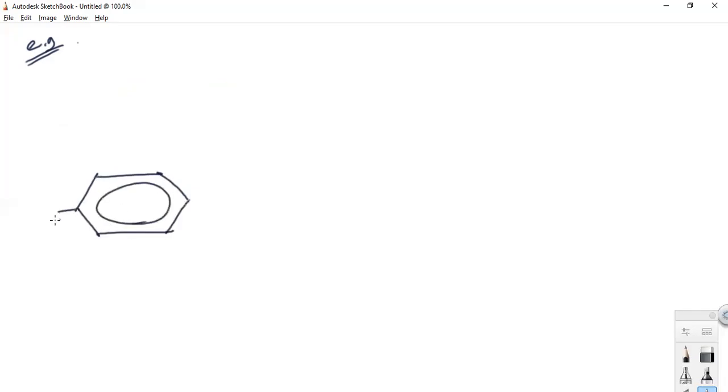Initially we have bromine here. Yeah, that's better. Now let's say when we add concentrated nitric acid with it and concentrated sulfuric acid